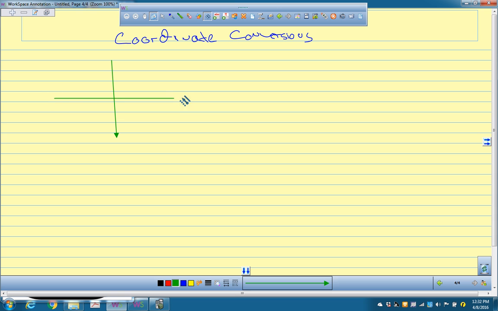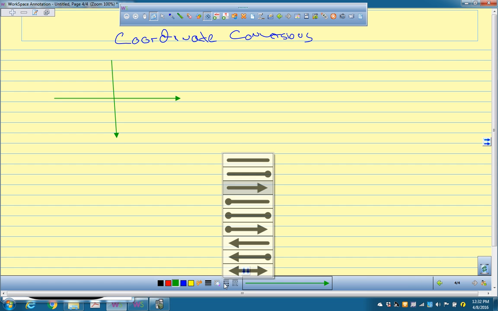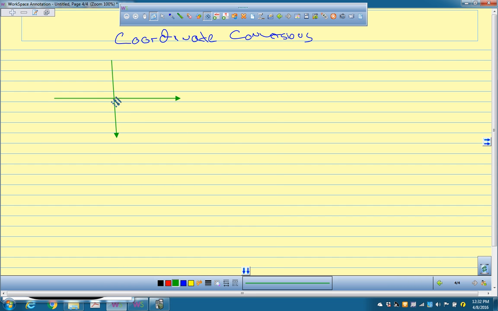So this is based on the idea that if I were to draw in a triangle here, and this is r, and this is y, and this is x, and this is theta,